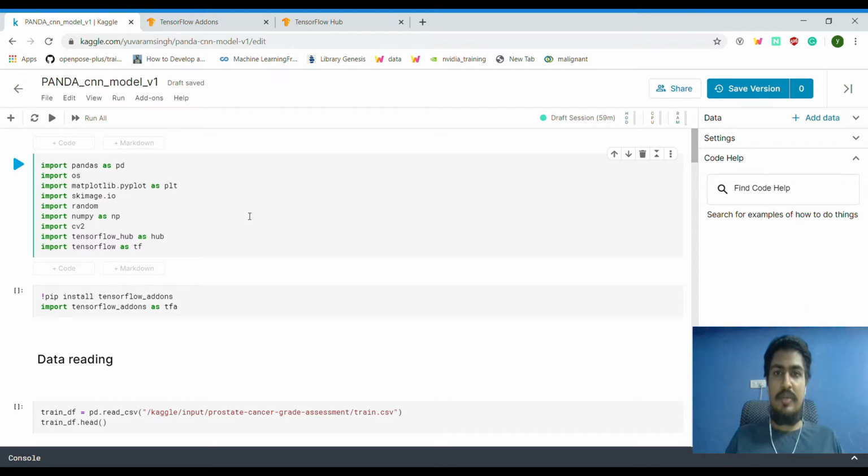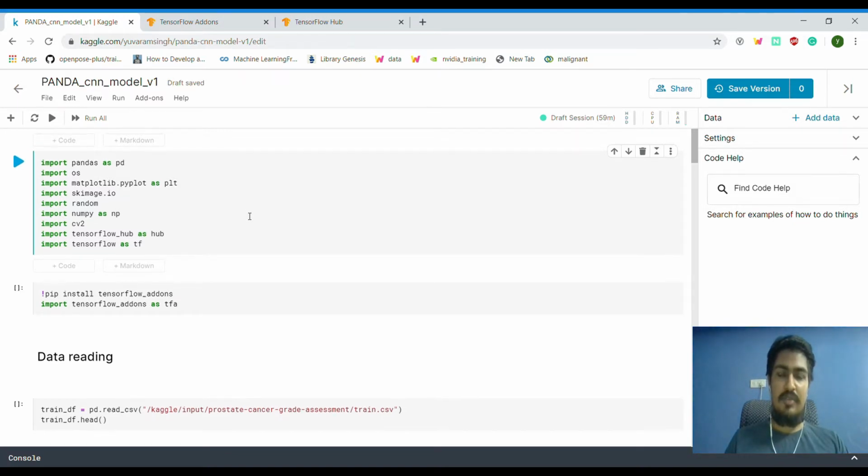So those are the two main things which we are going to see today, and then we will build a simple model out of it. We will train it, and then we will do inferencing also. I guess I will cover the inferencing part in another video, and then following it up with diving deeper into this particular competition and trying to get more points out of it. So this video will be your introduction to how you can build a model using all the previous things which I just said, that we're using TensorFlow.